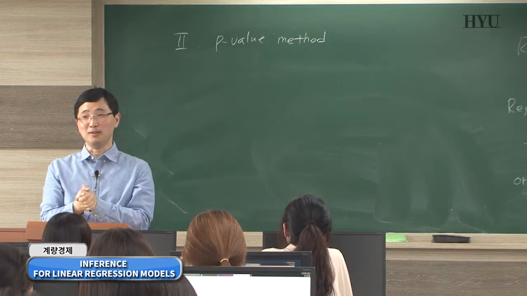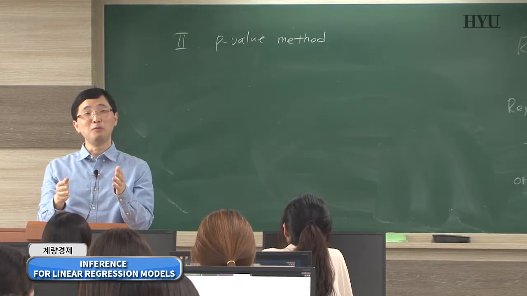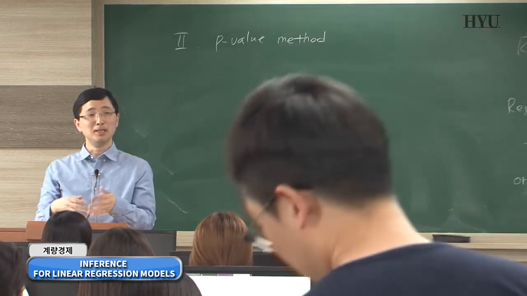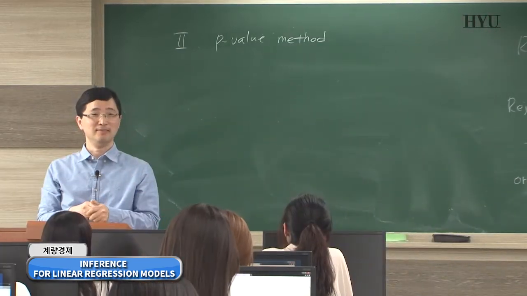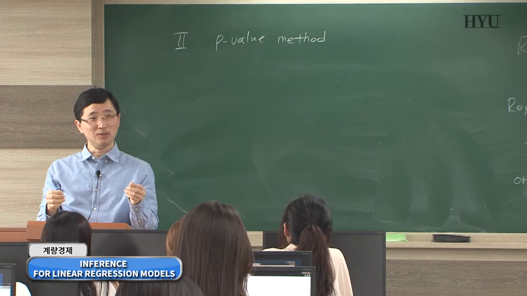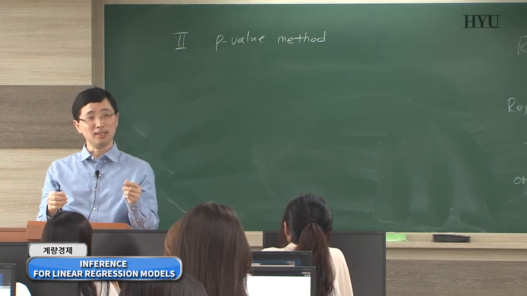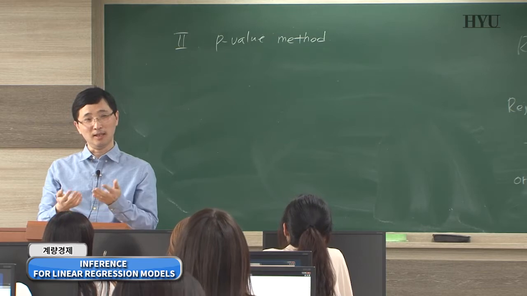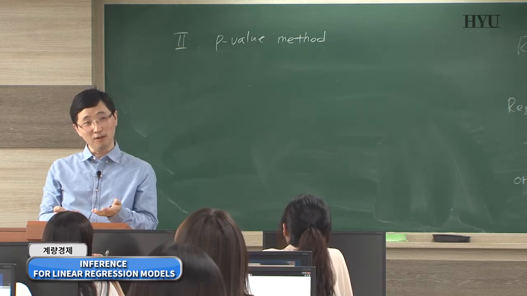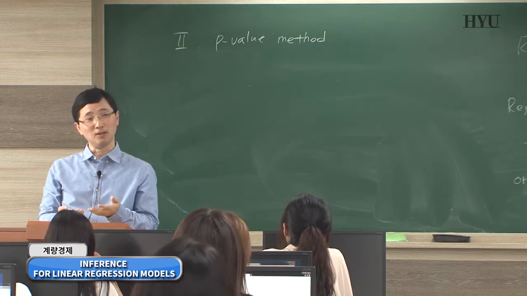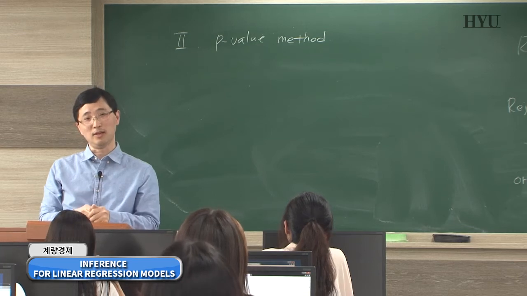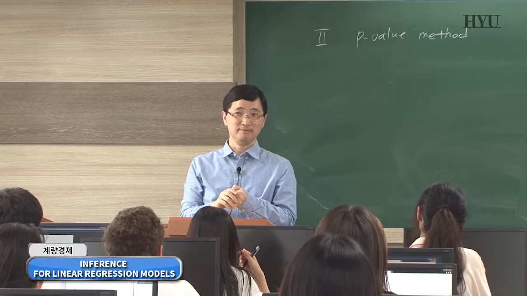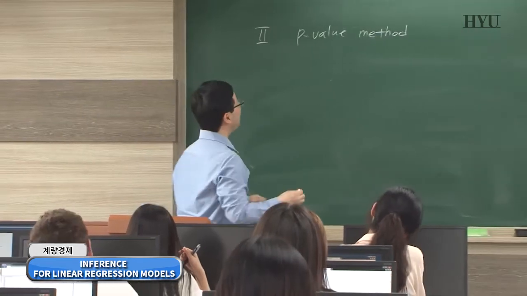And then you ask yourself, what if I redraw my sample independently? What if I do this investigation again? Am I going to get the evidence as strong as the evidence I have right now? So what is the chance that I have an evidence that goes against a null that's as strong as the current evidence, the evidence I have? So it's a kind of different story, right? So the p-value is,